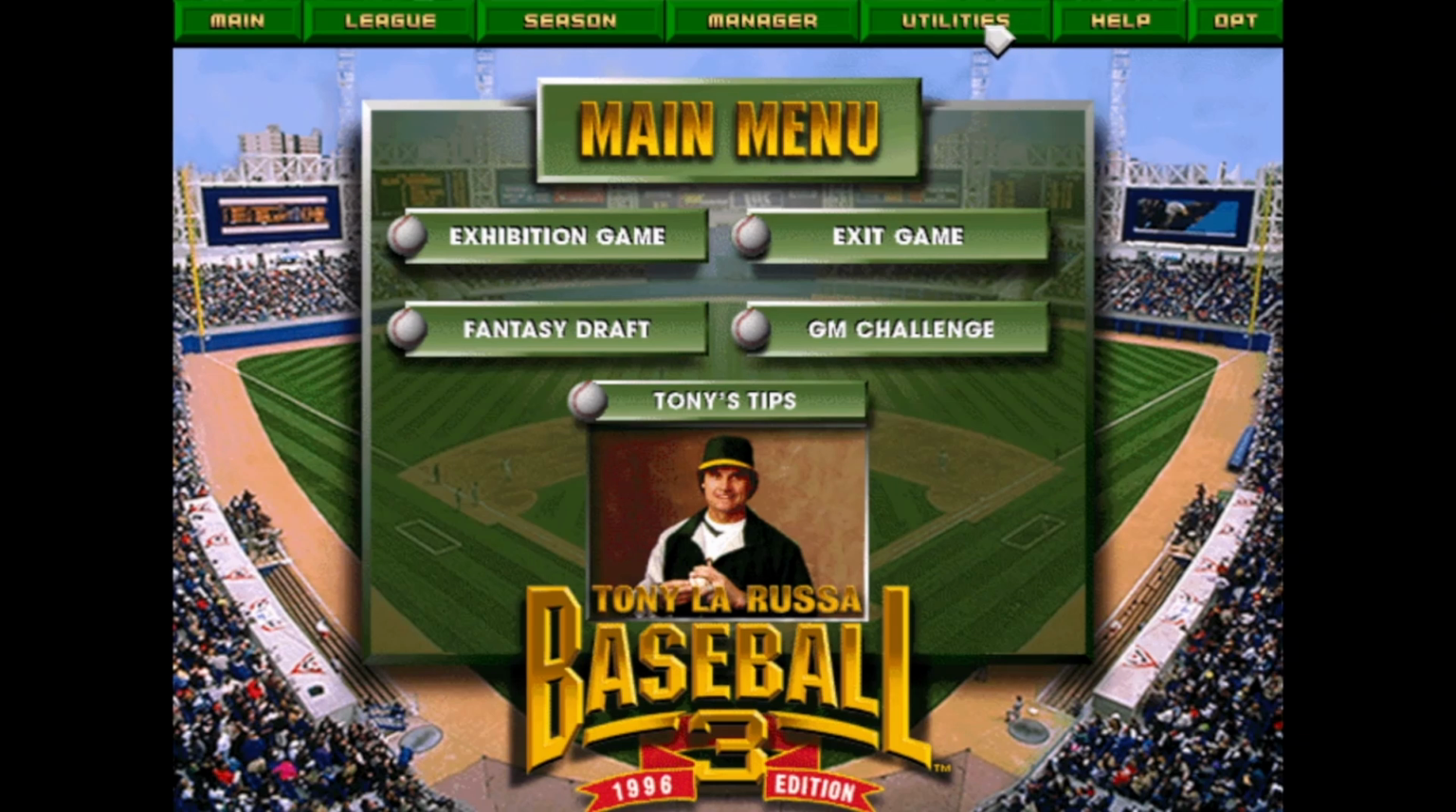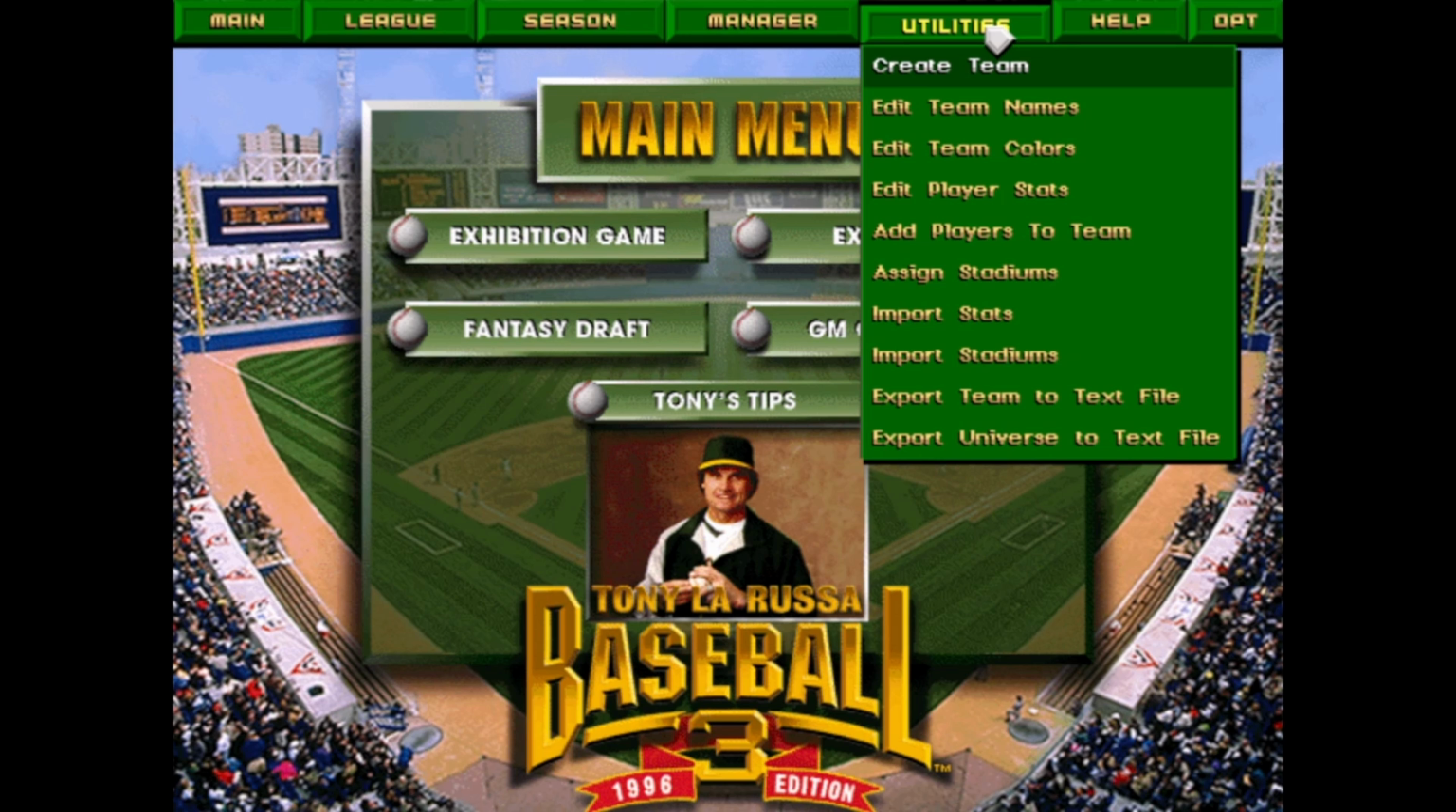I would like a way to just create a new player on a team, but it looks like you have to edit existing players. Maybe I'm missing something. I haven't been fully invested in playing Tony La Russa 3 in quite some time here, so maybe I'm missing a step. But at any rate, you are able to at least edit player stats, so it's not the end of the